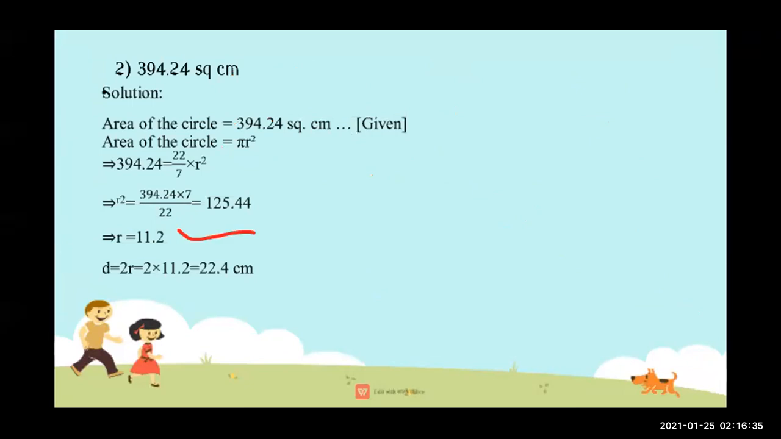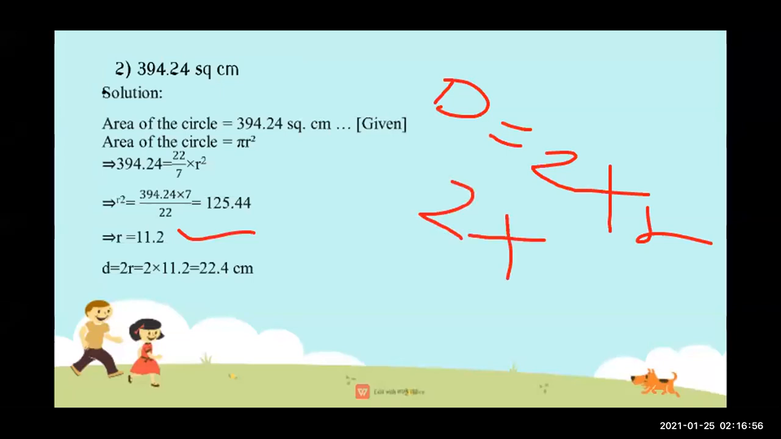Now as we got R, what is our main thing to find out? We have to find out the diameter. Diameter is always double of radius, or 2R. So 2 into R, and R we got is 11.2. Multiplying 2 by 11.2, what are we getting? 22.4. The same answer I also got, that is 22.4. So here the diameter is 22.4